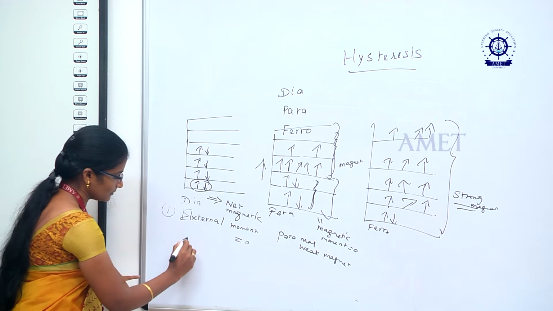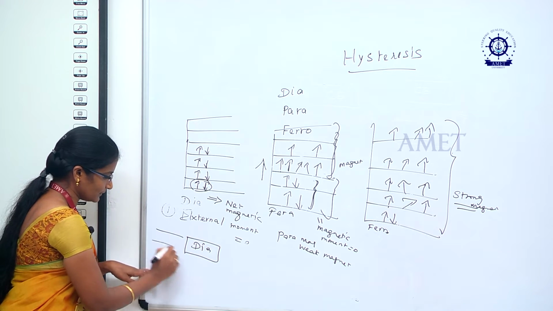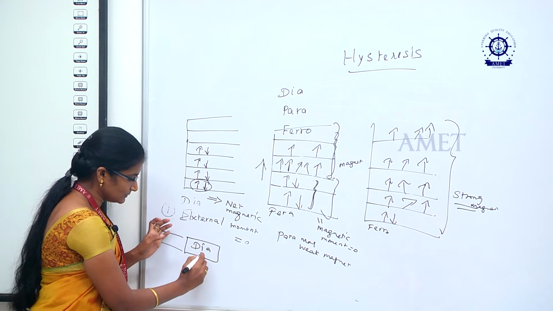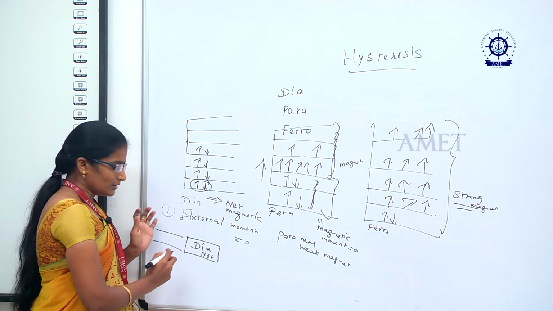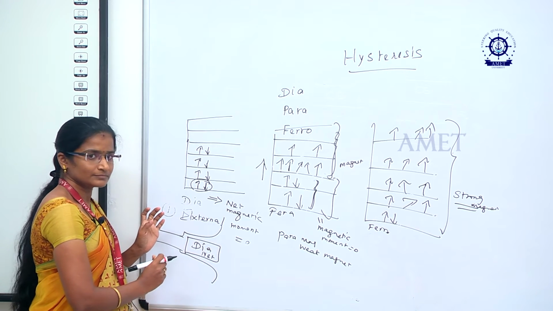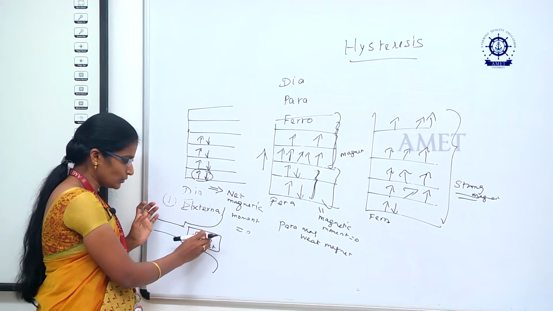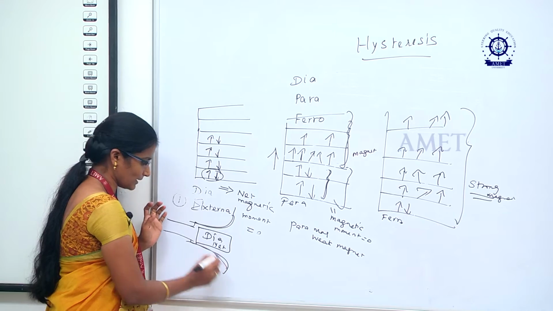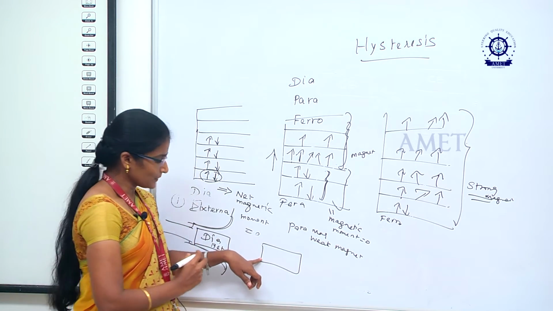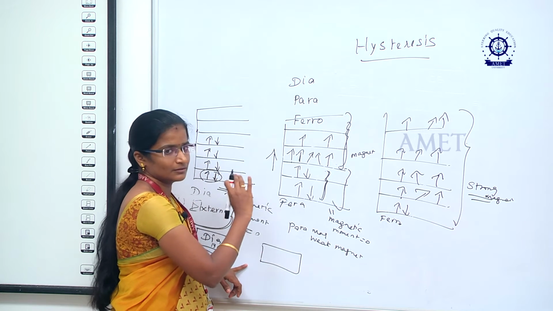Okay, suppose we have a diamagnetic material. When we apply some magnetic field on this material, what will happen on the diamagnetic material? Inside this material the net magnetic moment is 0. This material only repels the magnetic force from the external part, because the net magnetic moment is 0 inside the material, so it repels the external magnetic field. Okay, in the case of paramagnetic material, some of the spins get paired, so the net magnetic moment is 0 for some of the orbitals.